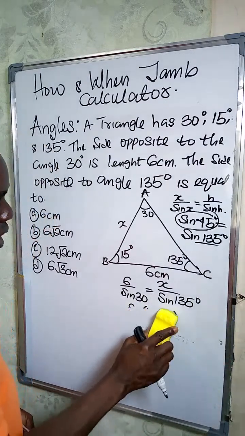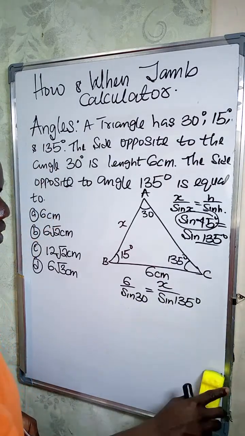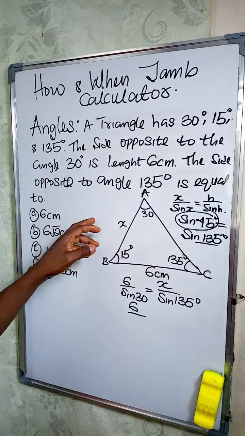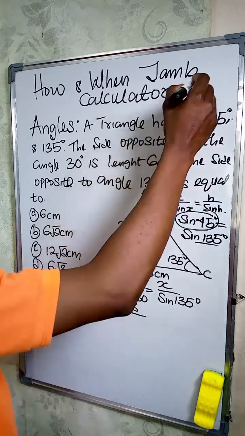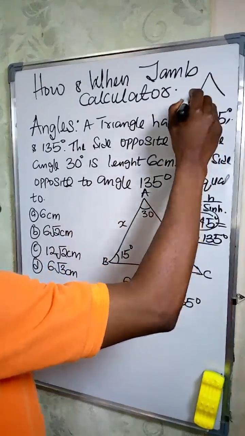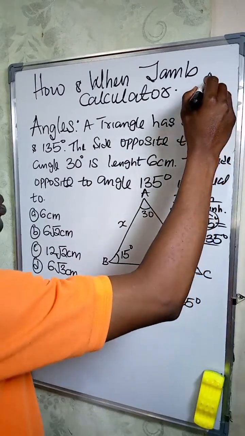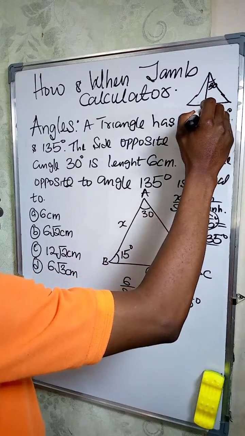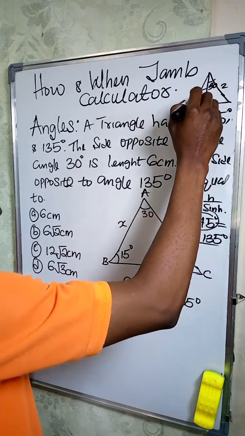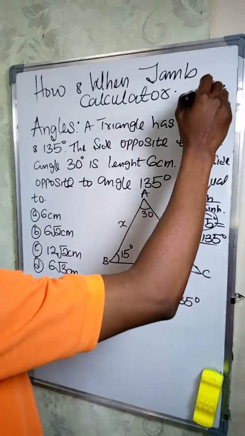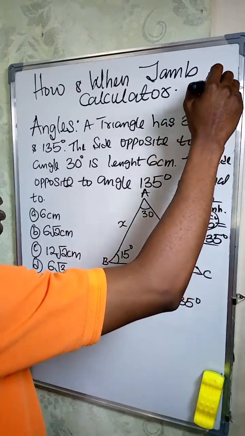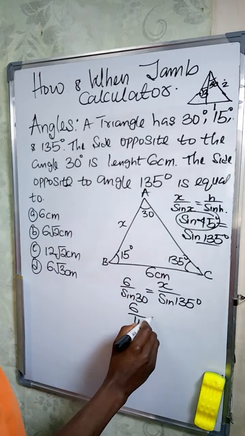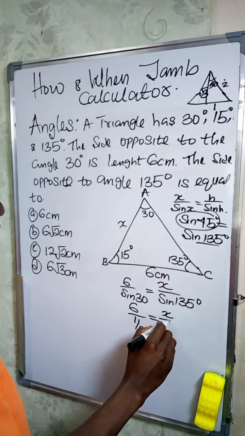So we go come here, we go say this one na 6 divided by sine 30. Remember wetin sine 30 give us? If you just remember that triangle. No need of you to even write everything at once. Remember say here na 30, here na 1, here na 2, here na root 3. So 30 sine na opposite over what? Hypotenuse. So sine 30 na 1 divided by 2. That one go be equal to x divided by